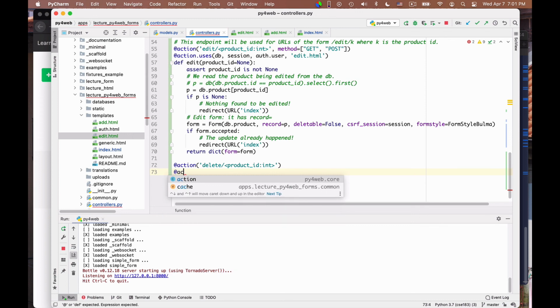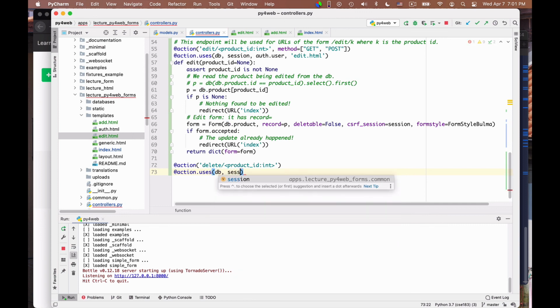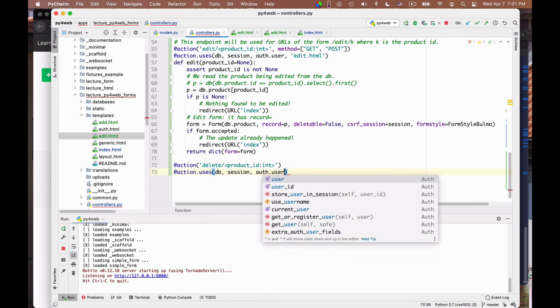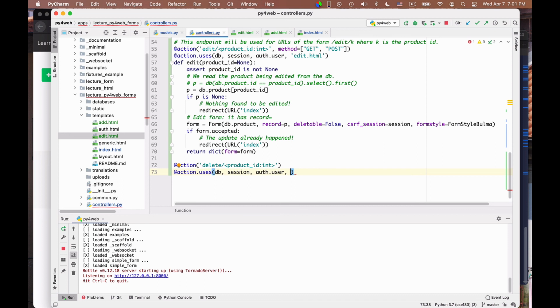There is action.uses, and here I put db, session, auth.user, and here I put... I don't need any UI, because I simply want to delete the product and then send you back to the list of products, but I need to put URL signer.verify.